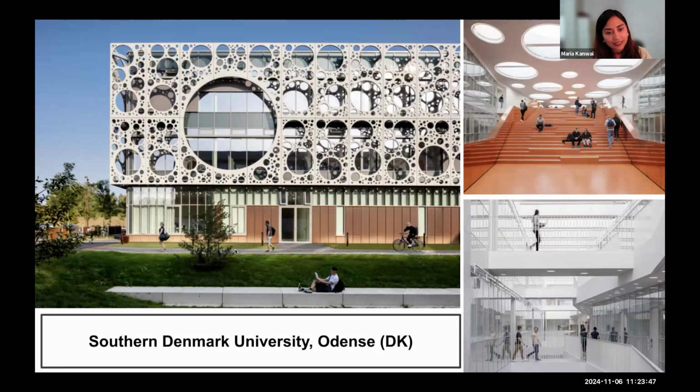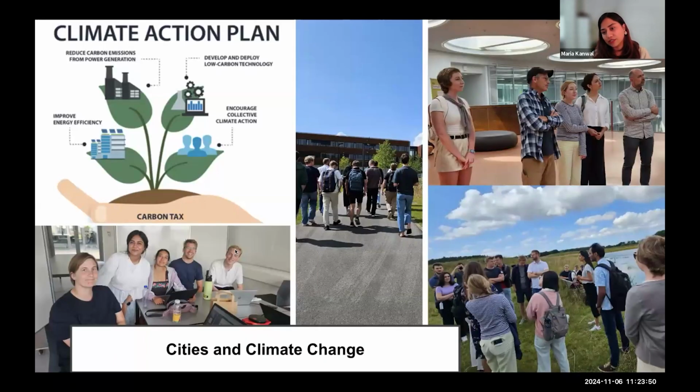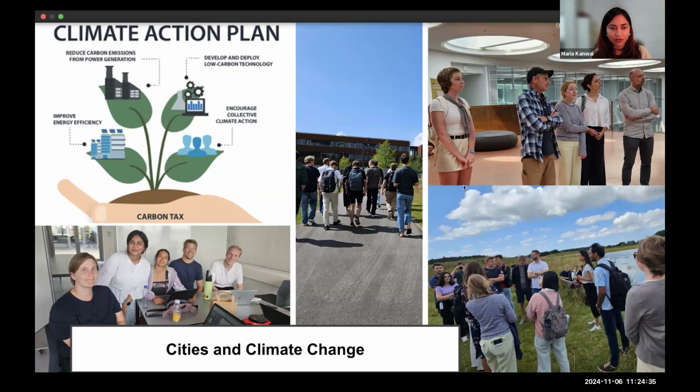Could you go to the next slide, please? Yeah, and so during our 2-week stay at SDU, all of us got the chance to attend a summer school, which is the Cities in Climate Change Summer School. In this 2-week workshop course, we had the chance to work in groups and decide on a city that we would focus on, and take the climate action plan from that city, do an analysis of the existing climate action plan, come up with a vision of a future that we would want for that city based on their current problems, any gaps in the climate action plan that we found, and then present our final results at the end of